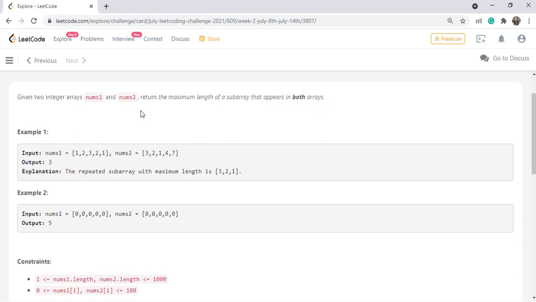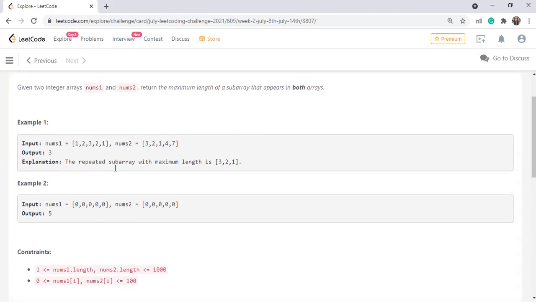both the arrays. Now this question is similar to longest common subsequence. The only difference is that there we had a string and you had to tell the subsequence that is common between both the strings. Here we have an array of numbers.